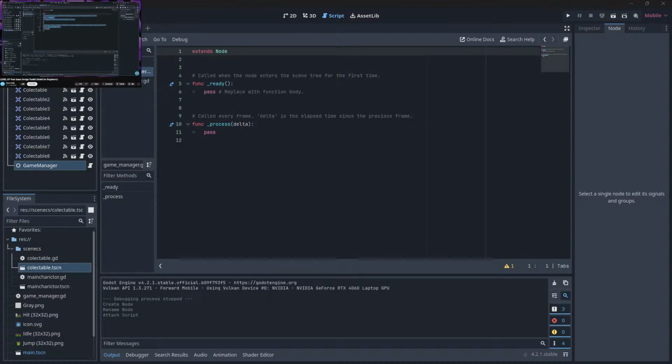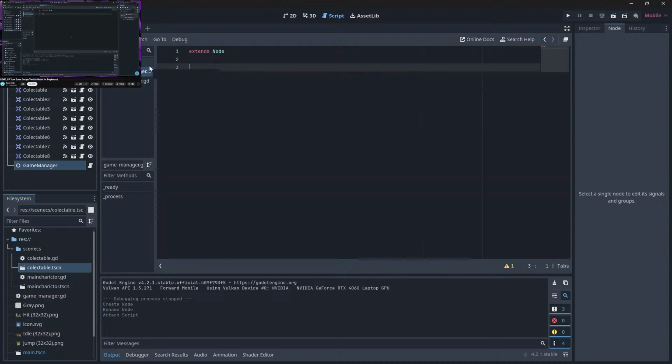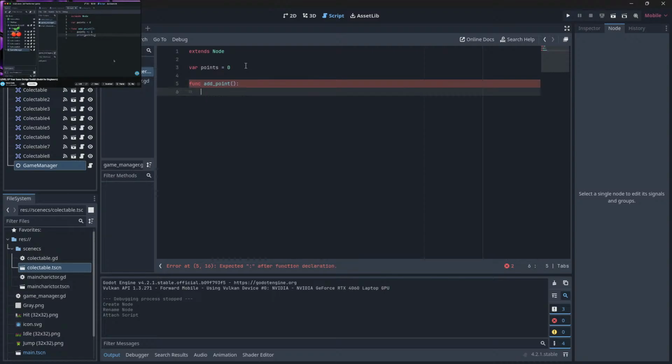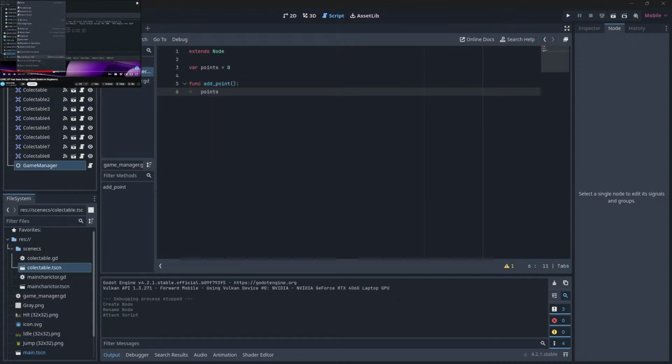At the top of the script, let's create a variable that will hold points. Type var points equals 0. Then let's create a function called addPoint that will simply increment points by 1 and then print the current value of the points to the console. Just like that. Now we need to call this function from inside the collectible script. Godot has this great mechanic that allows to expose other scene scripts. To do that, right-click on the game manager and click